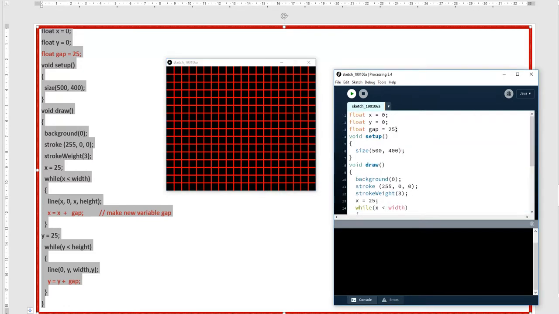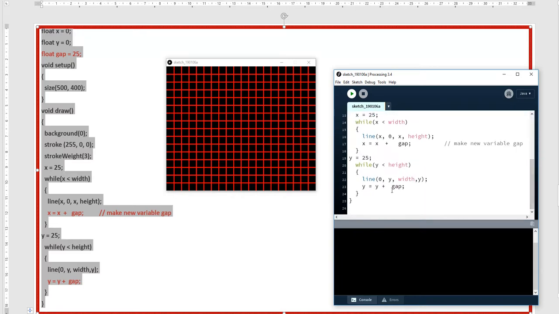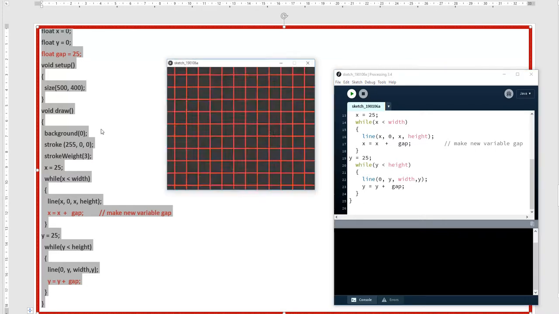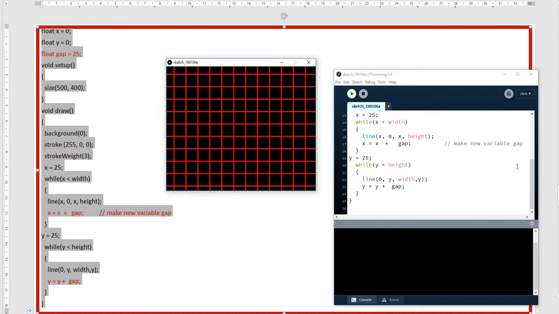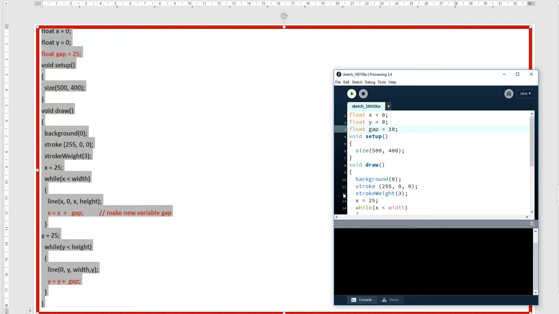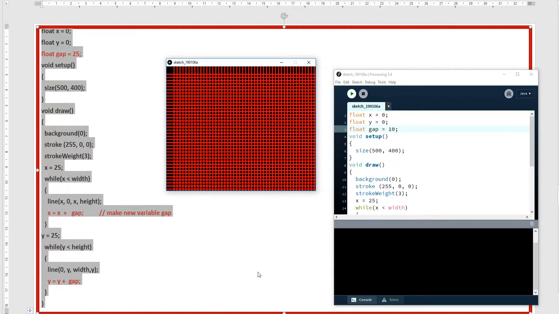Now in future, suppose you say there should be a spacing between the lines of 40 pixels. So just make it 40 here. There is no need to write 40 here and 40 here, because we are using the variable name. So run this. See, this is 40 pixels. Now change this. If you want 20 pixels, 30 pixels, 10 pixels, okay, try one more time with 10 pixels. If I say 10 pixels, there is no need to change anything at the bottom. This is the grid for 10 pixels. The spacing between these is 10.